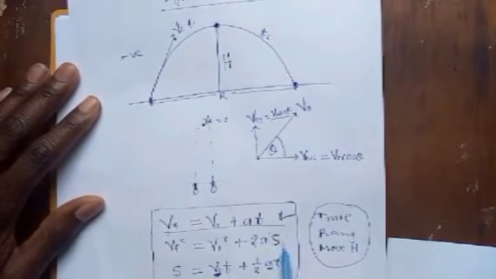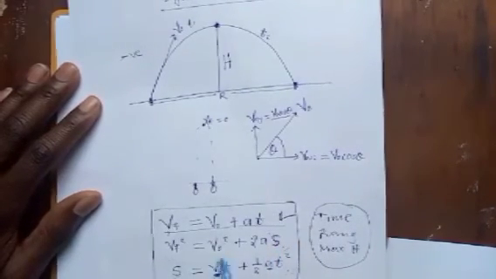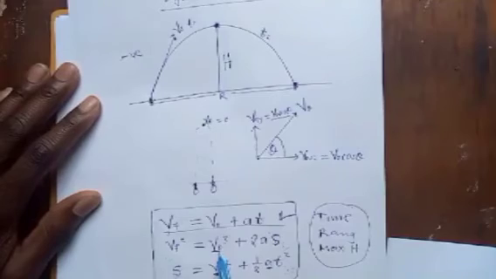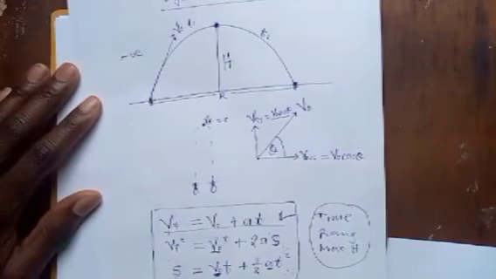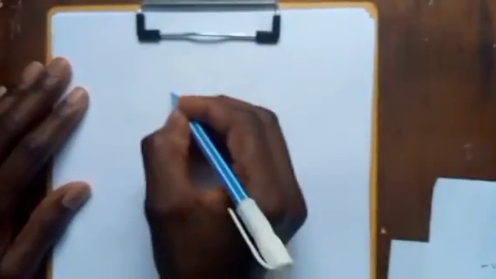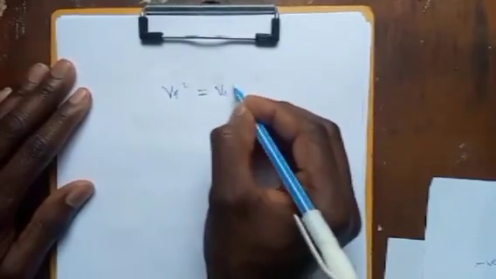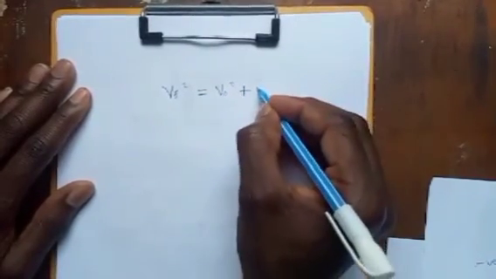I want to find this one. Since the object initially is moving upwards, this initial velocity you need to consider as the velocity in y-axis. And then at the final point, the final velocity must be equal to what? 0. So I'll say v final square equal to v initial square plus